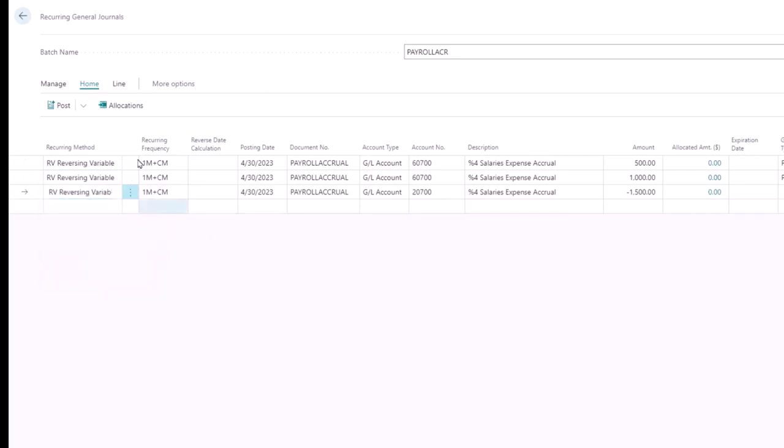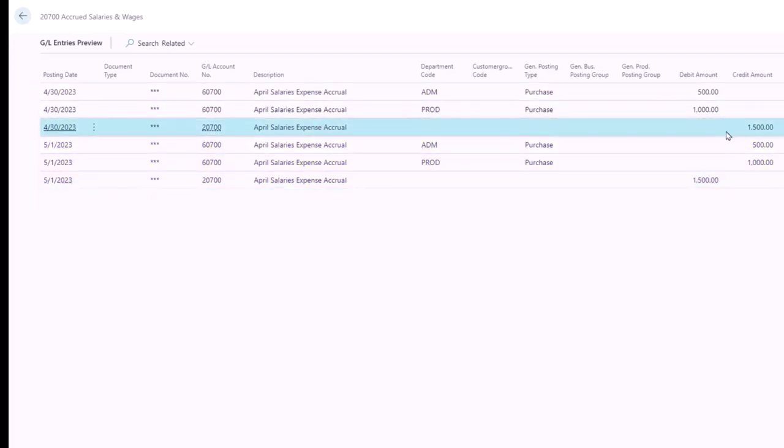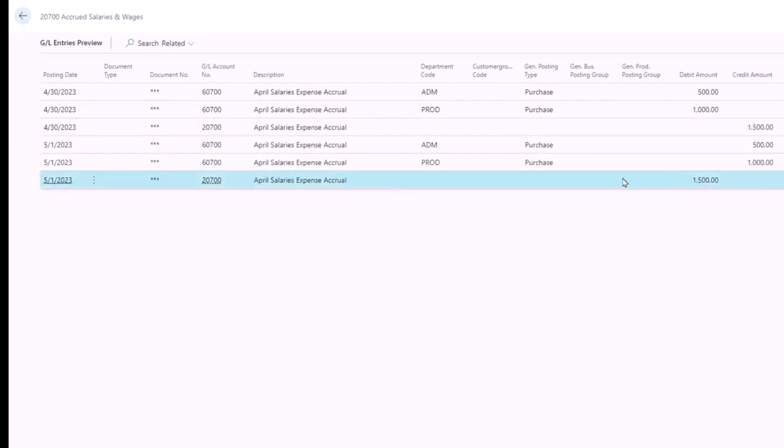And let's see what that does to our journal entry in a preview posting. Now I can see I have 6 GL entry lines. I have my original 3 lines on 4/30, and then on the next day, 5/1, I have my reversal. So I can see I have that credit to 1,500 on 4/30, and I have the debit, which is the reversal, on 5/1. So by default, the system is always going to reverse this entry on the next day of the month,